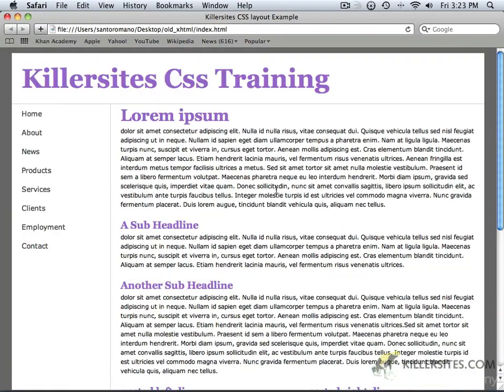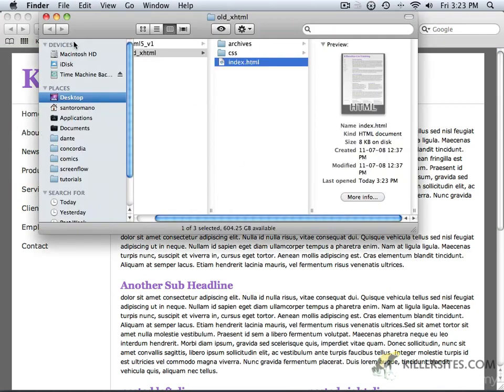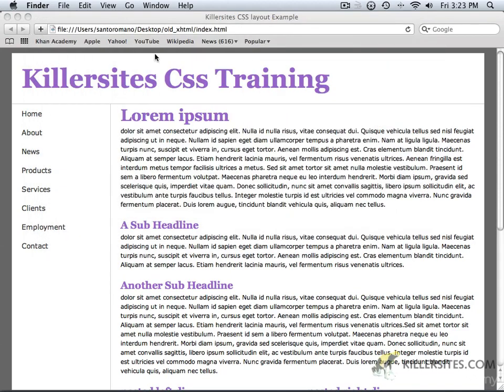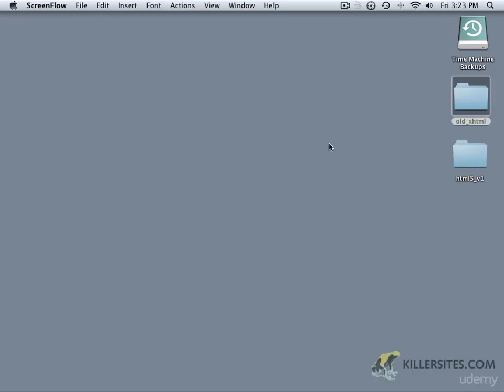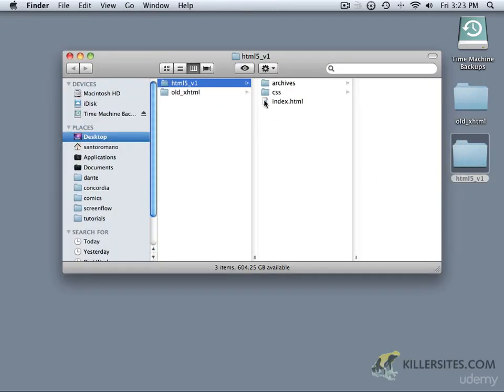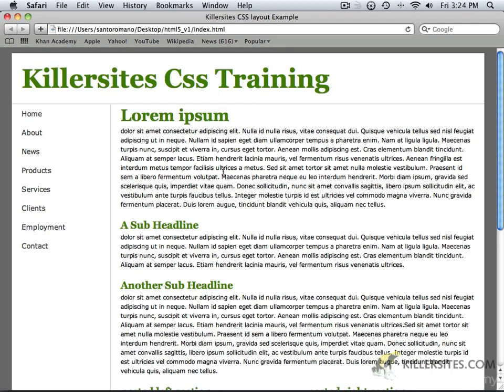a very simple sample website here, and it's using older XHTML. We're going to take a second to examine the source files in just a moment. At the same time, you'll also notice, here I have, just a second, the HTML5 version 1. Now, if you look at that, there's really no differences between the two in terms of